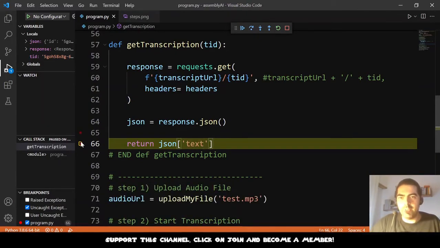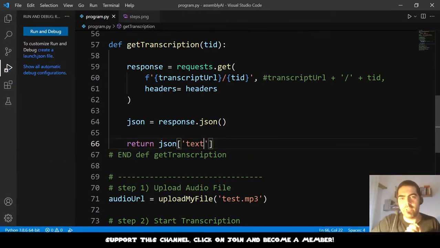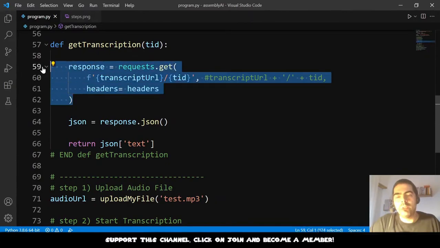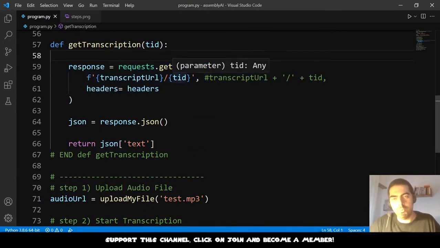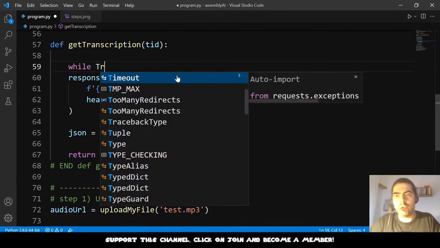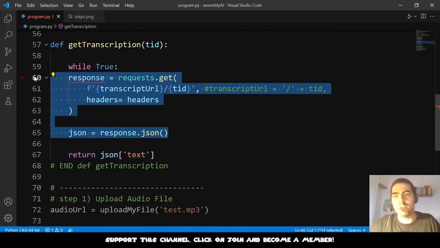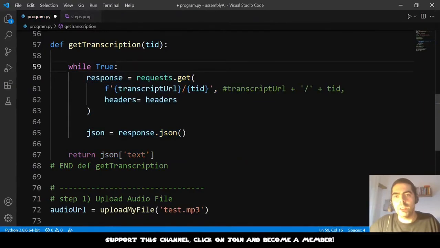And let me paste here. So this means that the job is not done yet. So we must do a request again until the job is done. So we will do a while true. This goes inside of the while true, and